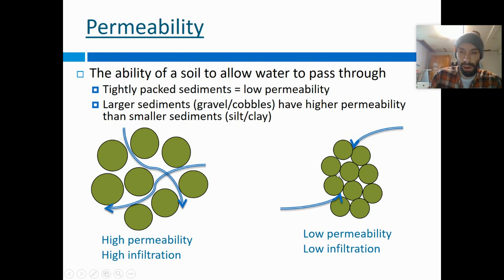And we're going to do that in lab as well. It's a really easy thing to demonstrate the difference between larger sediment or smaller sediment. Okay? Something like clay is actually almost to the point of being impermeable, just like a piece of rock. You can't get water through it. It's so tightly packed together. The size in between the small sediment is really, really small.